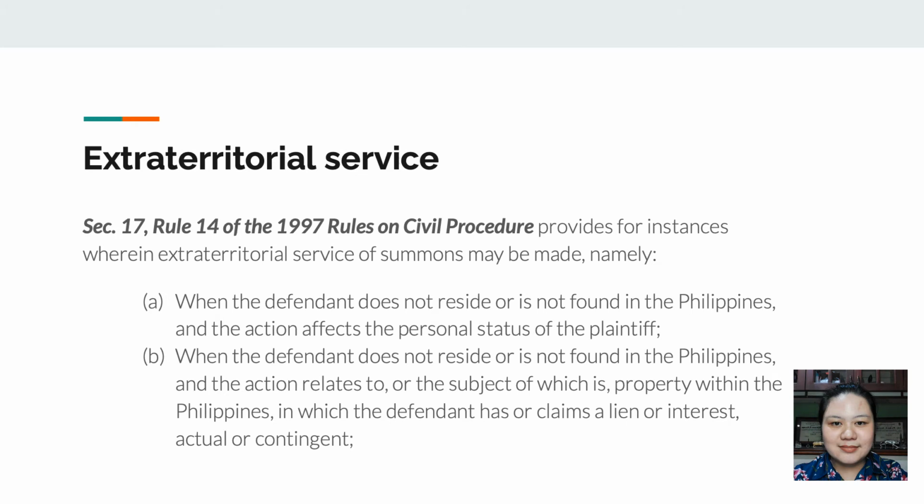Extraterritorial Service. Section 17, Rule 14 of the 1997 Rules on Civil Procedure provides for instances where an extraterritorial service of summons may be made, namely: a. when the defendant does not reside or is not found in the Philippines and the action affects the personal status of the plaintiff; b. when the defendant does not reside or is not found in the Philippines and the action relates to, or the subject of which is, property within the Philippines in which the defendant has or claims a lien or interest, actual or contingent;